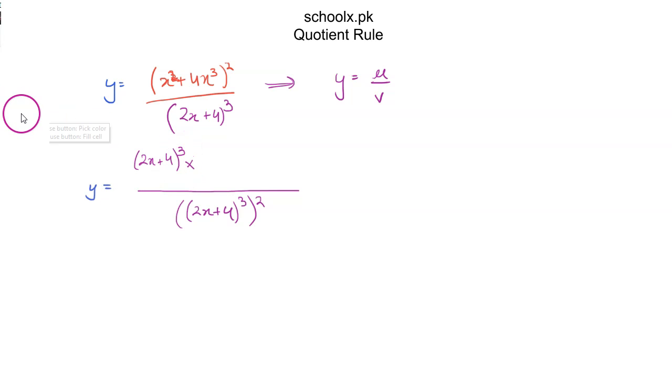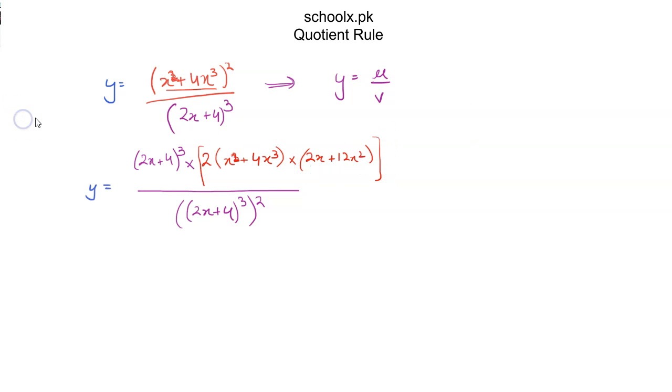Now the derivative of u, this is a function of a function, so I'll apply the chain rule on it, that is, the derivative of the outer function into the derivative of the inner function. So this will give me 2 into x squared plus 4x cube into the derivative of this, which gives 2x plus 12x squared. Alright,